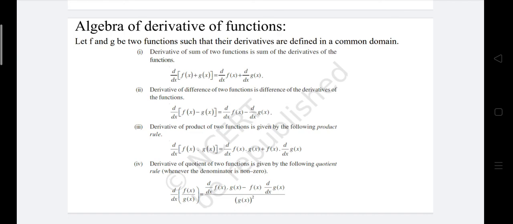But the important point is, where there is a quotient function, particularly f of x by g of x, when g of x is like x plus 1 or x minus 2, then at the point minus 1 or 2 this function will tend to infinity. So this thing you also have to mention. The denominator should be non-zero. You should have a non-zero denominator for a division rule, otherwise you cannot find the derivative.